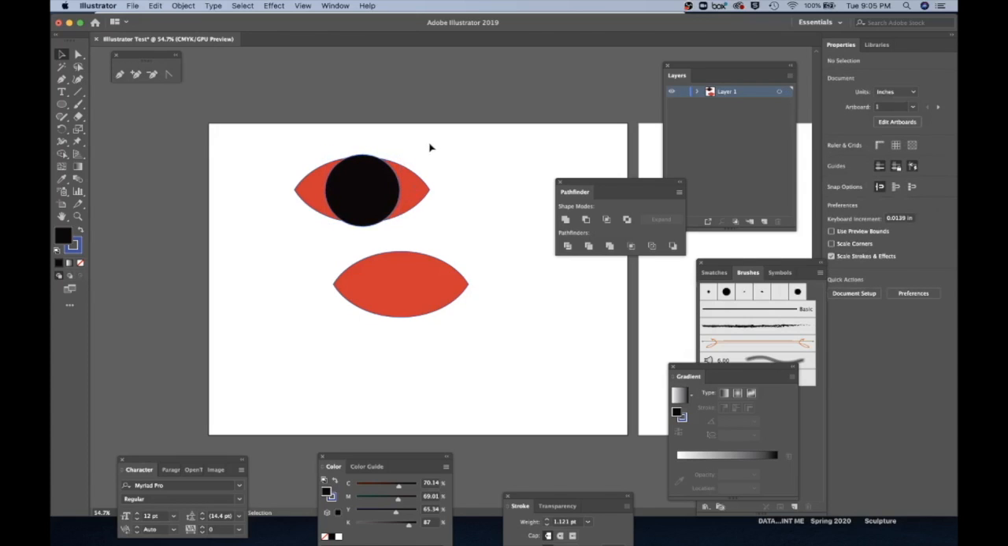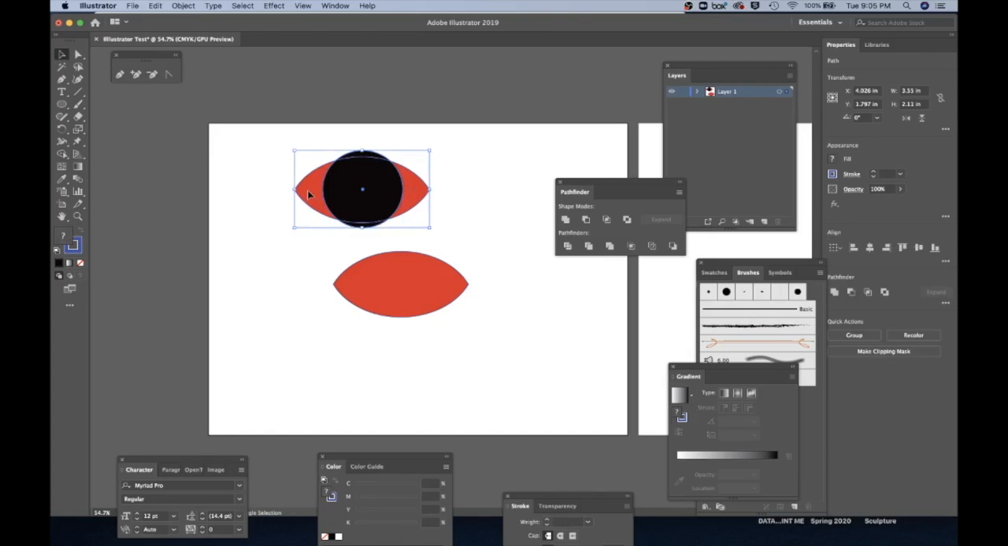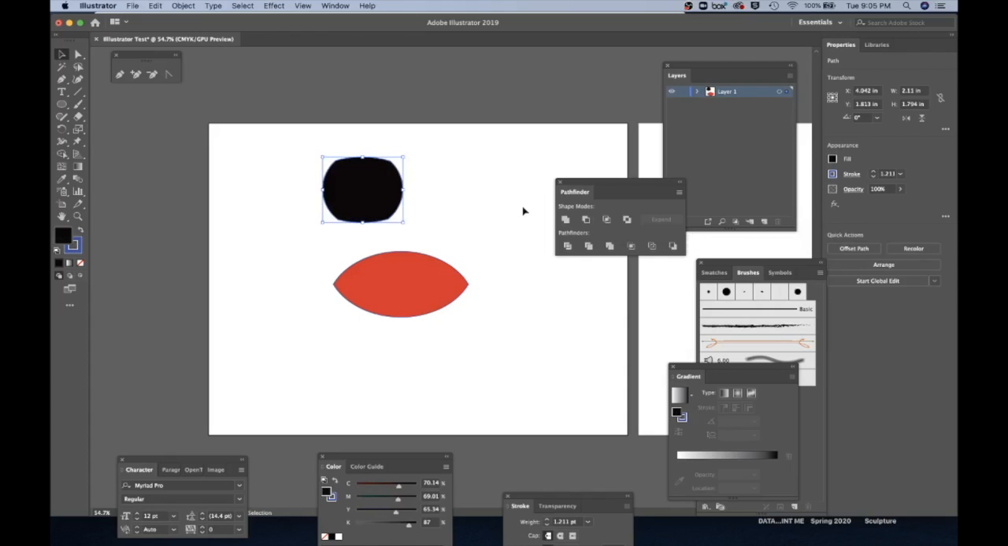So if I do the overlap of these two shapes, maybe I'll scale this just a little bit more. So hold Shift and pull from the corner. So again, I'll select both of them, use this third tool to get the intersection of the two. And then if I bring this down,